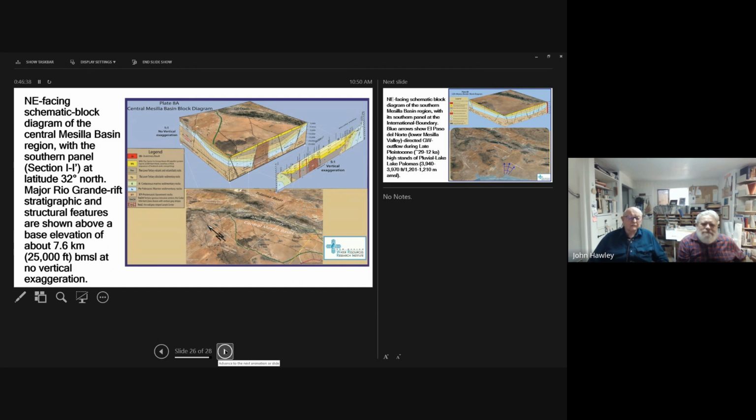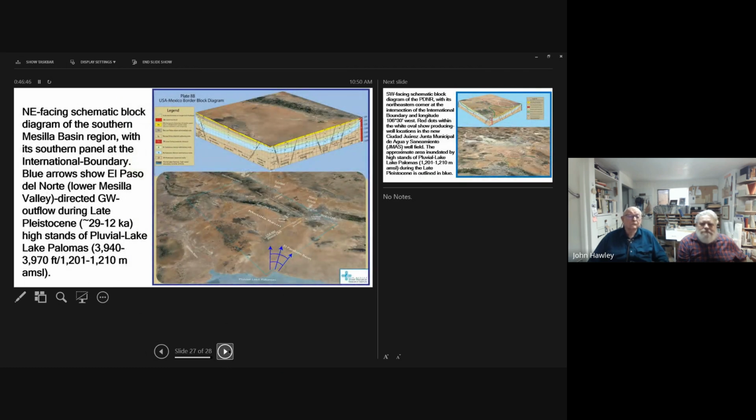This is south of 32 degrees, which is the New Mexico-Texas state line, east of the Franklin Mountains. Then we've got this along the international boundary, and this is showing the El Paso del Norte is here. This is right along the corridor of the Borderlands.